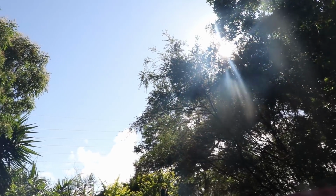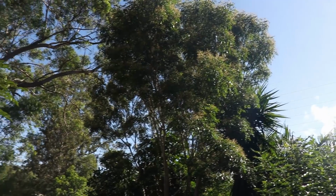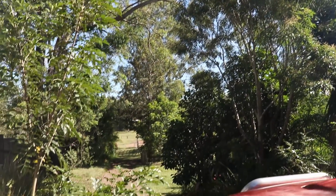Well, it is a beautiful day outside, but the forecast is for thunderstorms at 10 o'clock. So we're going to have to be quick, get down there and get shooting. I set the range up yesterday, put steel out at 50, 100 and just past 100, and I wanted to